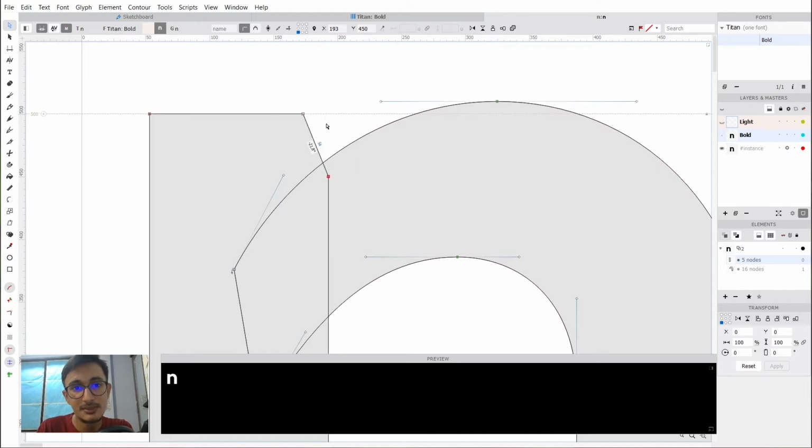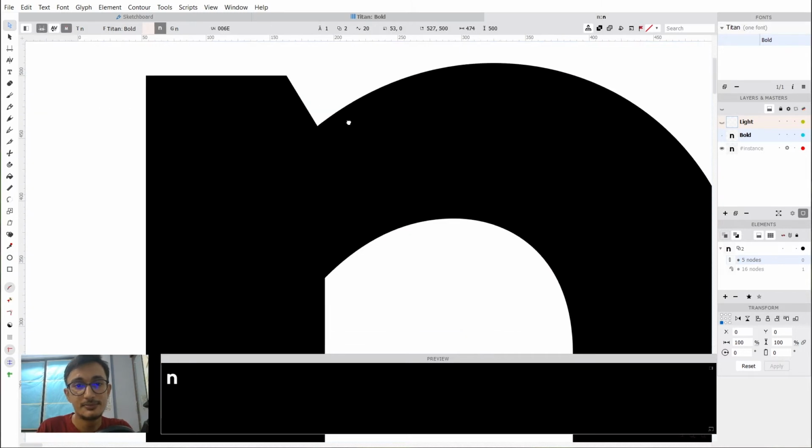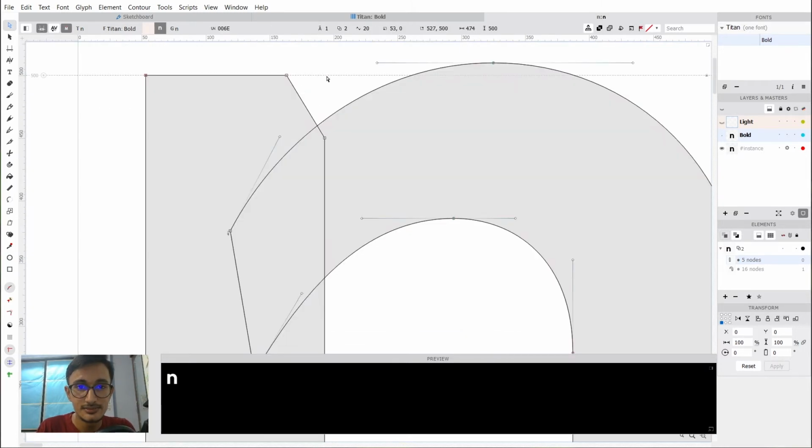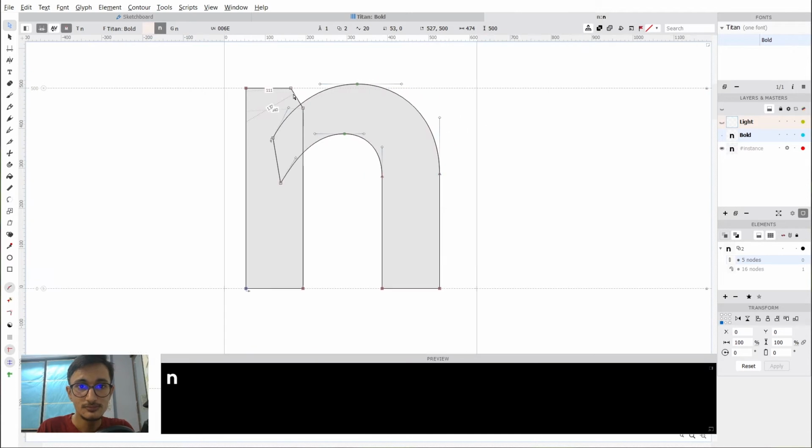This point is 50 points below this point, so I will remember these measurements and make sure that I am applying the same angles in all the characters. This will be like 30 points vertical and 50 points below,